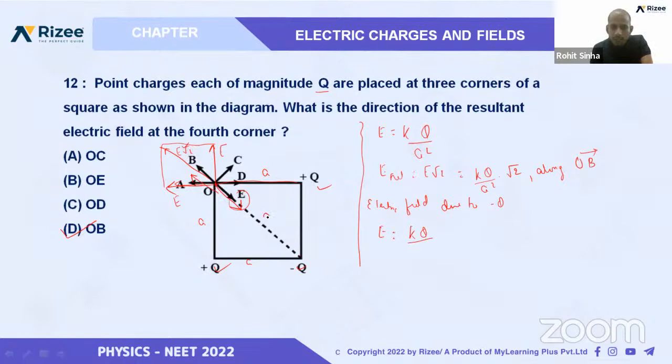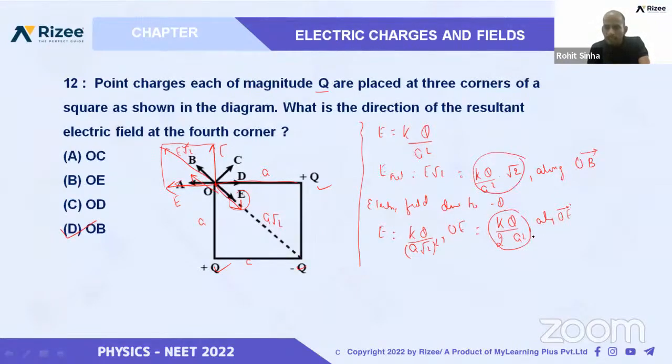This distance will be A root 2. We can write like this, A root 2 whole square, and it will be along OE. When we solve it, we will get KQ by 2A square along OE. If you look at these values, this value and this value,